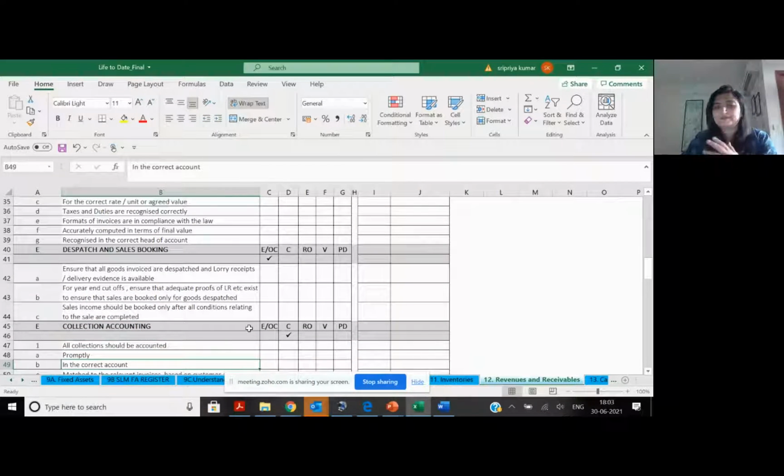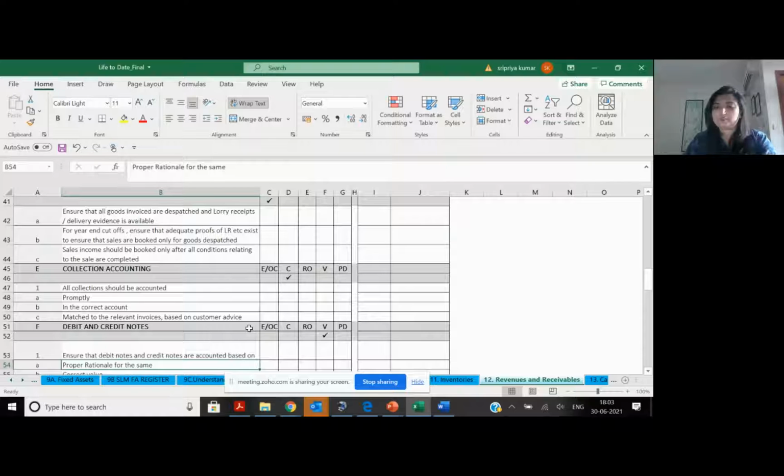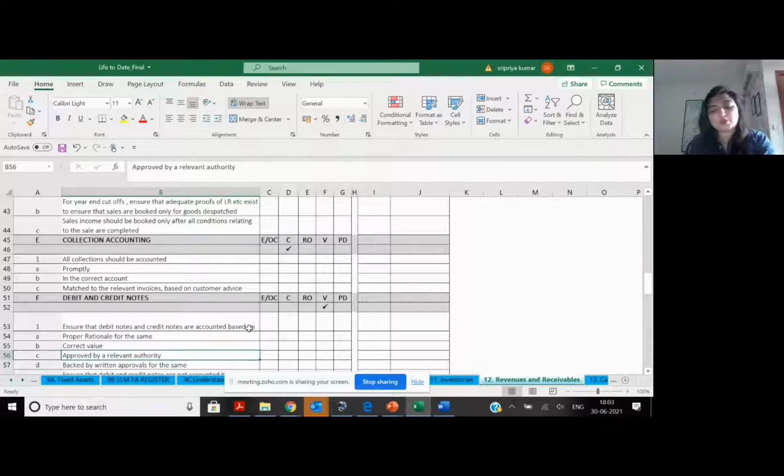Collection accounting. Management of dishonors becomes very important. Debit and credit notes. Again, a debit and credit note is a JV. You have to be very, very careful. Can anybody give a credit note to a customer? No, you have to be careful. Similarly, you should also examine this: can a credit note result in evergreening of receivables?